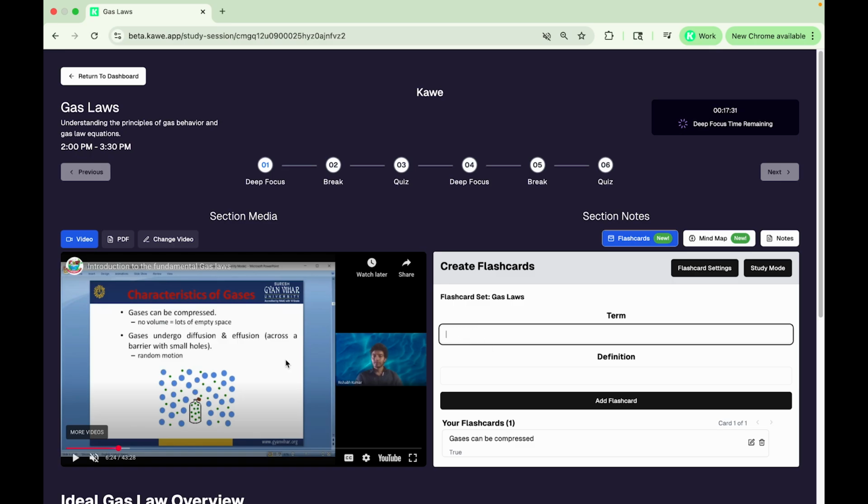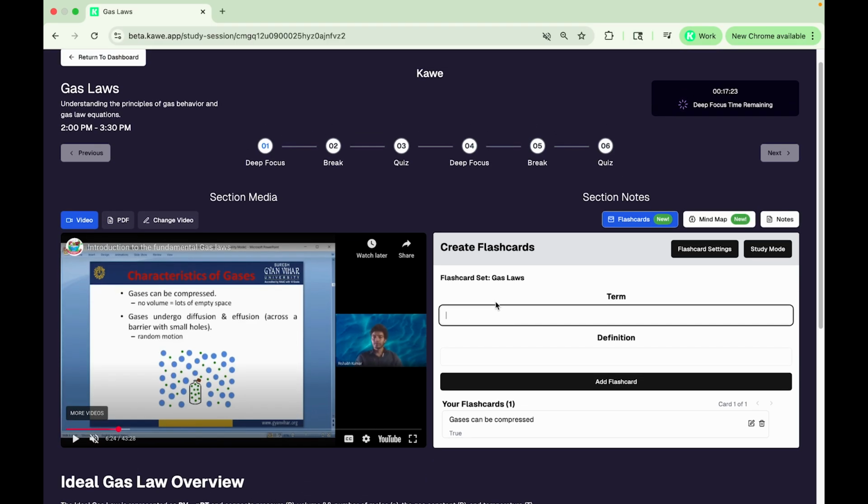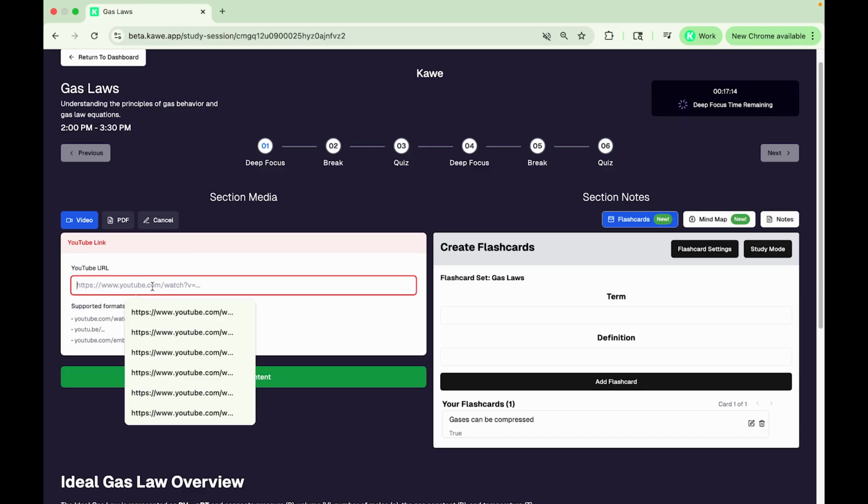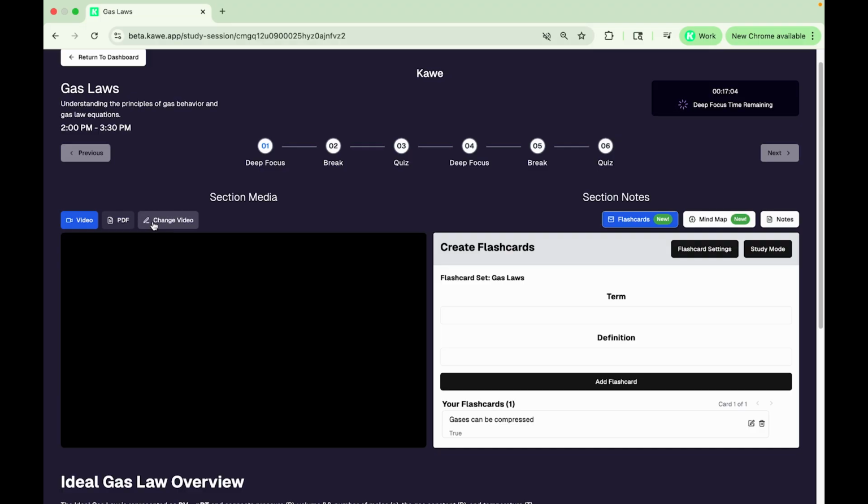Some people like watching YouTube videos, some people like creating flashcards or writing notes. So you have a bit of options when you create a study session. Now, let's say you want to change the YouTube video. You would also be able to do that. You can click change video and copy and paste the YouTube URL link of a video. So let's say there's a YouTube video that you like, you can change it